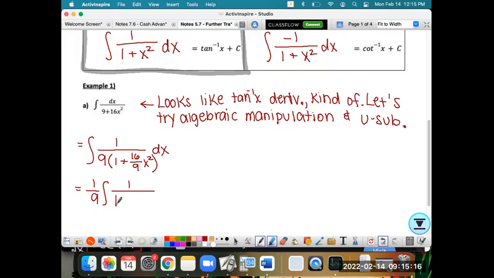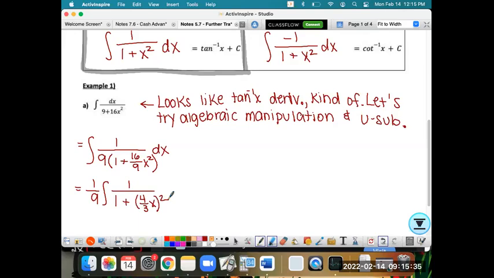And I noticed that 4 squared is 16 and 3 squared is 9. So I'm going to rewrite that as 4 over 3x and that entire quantity squared. Now, if you didn't have a very nice